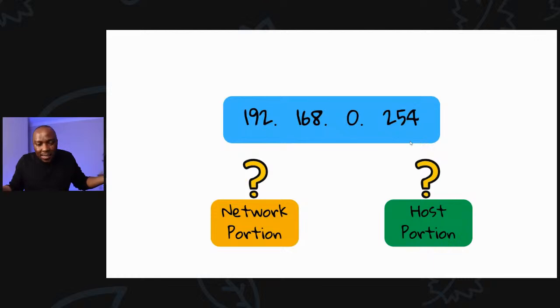You can guess to say maybe he wants to make it a /24, which is fine, but there's no guarantee that my subnet mask is a /24. You might guess that my subnet mask is a /8, right? But there's no guarantee that I'm using a /8. I have to tell you what part is going to be the network portion and what part is going to be the host portion. And we do that